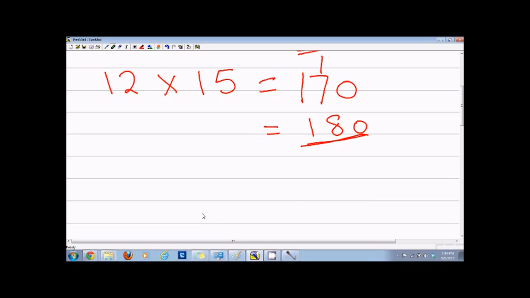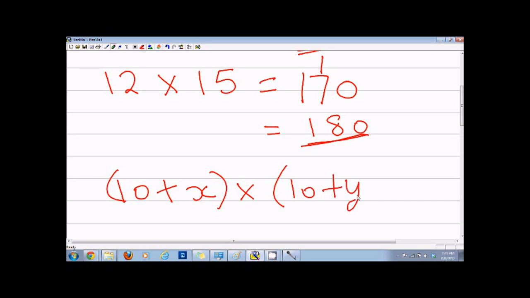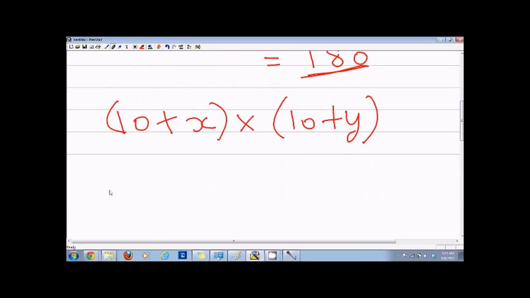Now let's go to the proof. I'm not doing any magic here, there is a simple mathematical proof for it. For example, if I have to multiply two digit numbers like 10 plus x and I want to multiply it by 10 plus y, if you solve this, what you will get is 100